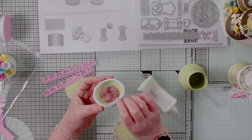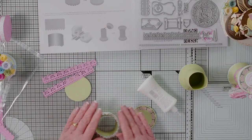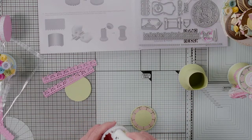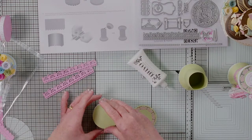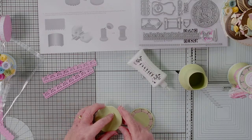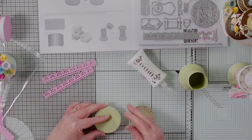That is so easy. You know, you've just seen me do it. I haven't done anything special with it. A little bit of glue around the top tabs. There we go. And I've got 2 layers here because you're going to be lifting this on and off. This is your top. So you want a little bit more strength in your top, I think, anyway. Yeah. There we are. Give it a little push